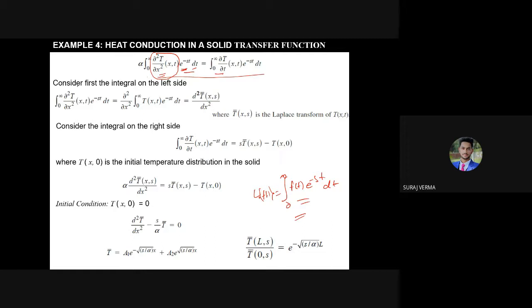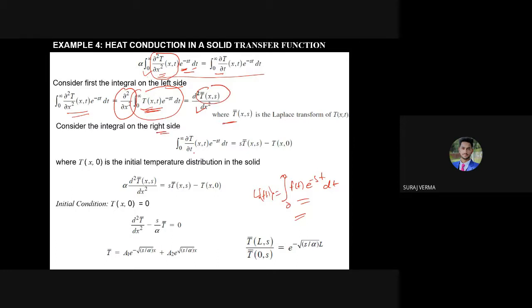Now we have considered the first integral on the left hand side. हमने ये equation ले लिया, let's say. तो delta को हमने बाहर ले लिया, delta 2 by del x square, just integrating this. Okay, so integrating इसको करना है, आप इसको ले लीजिएगा, तो क्या बन जाएगा आपका? Simply it will become, क्या हो गया? What is this? In the Laplace form. The Laplace transform. Okay, so d by dx we wrote as complete d2 by dx square, and this is your Laplace. Is it clear? So इसको Laplace में लिख लिया.